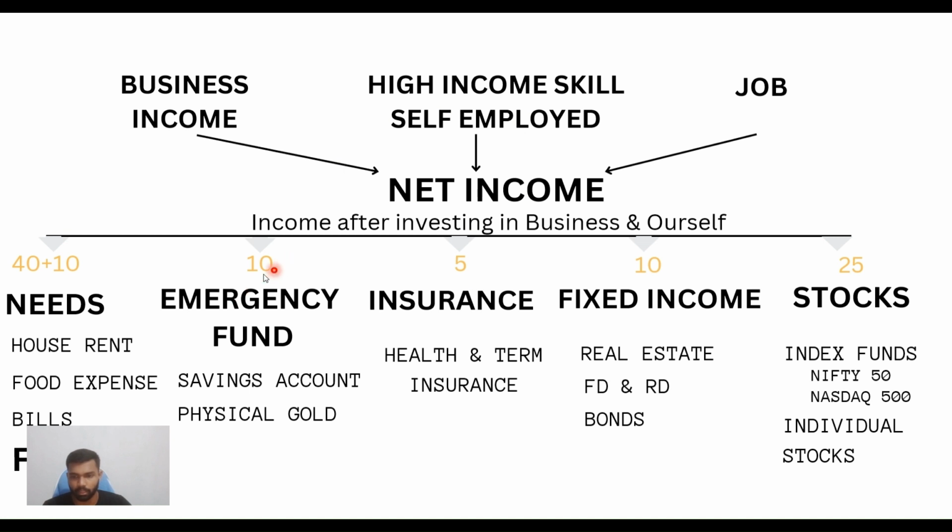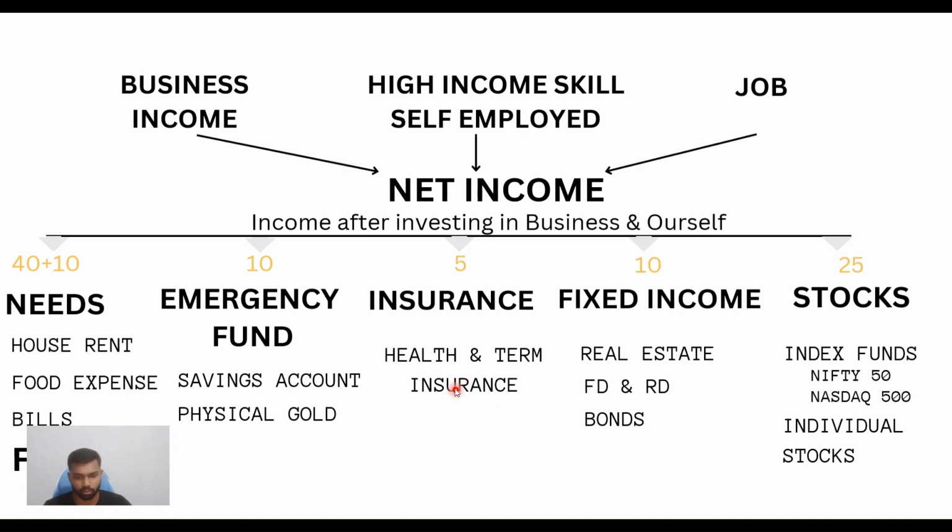Okay, the 10 percent of our income we should definitely invest in an emergency fund. An emergency situation can occur at any time, so we should be ready for it. For that, we open a savings account and put 10 percent of our money there, for the short term. If we collect a sizable amount, then we should consider buying physical gold with the sizable amount in the savings account.